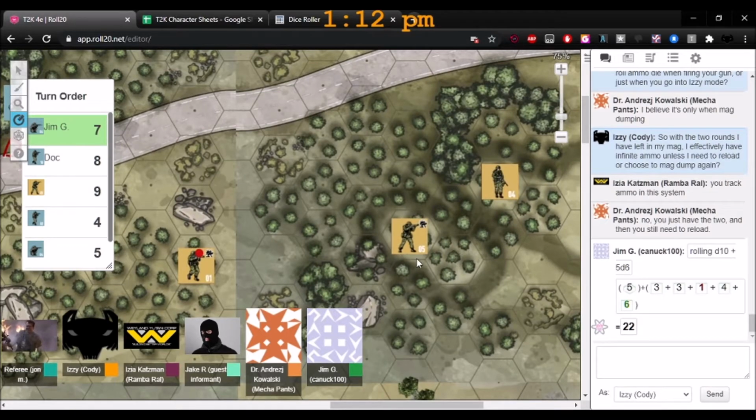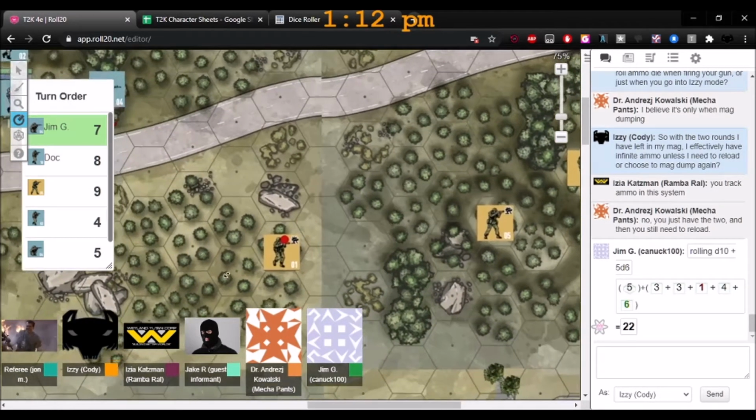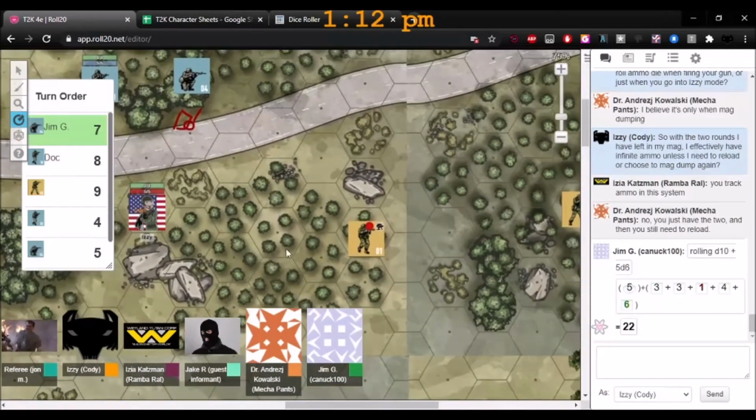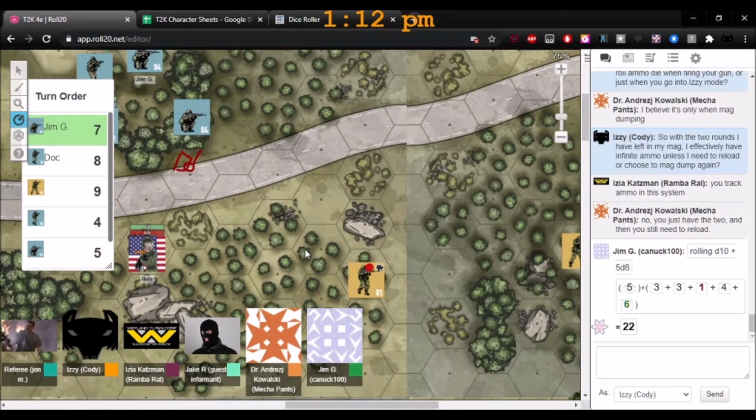Oh, so he suppressed the dude on the hill, and the one that Izzy shot at is suppressed as well. That's right. I just assumed it was this guy you shot at, but I should have checked with you first, Jim. Which guy did you want to shoot at? Yeah, number 5 there is fine. Okay, cool. He's the one that's more of a danger. The further away guy can't hit us as easily. Gotcha. Okay, nice. So that's your turn. Well done. Rock and roll.